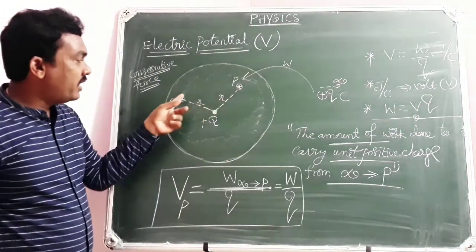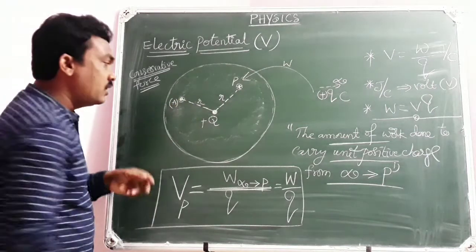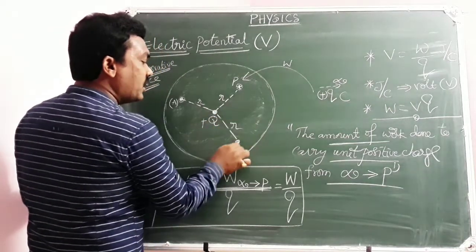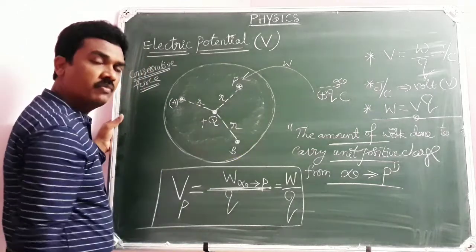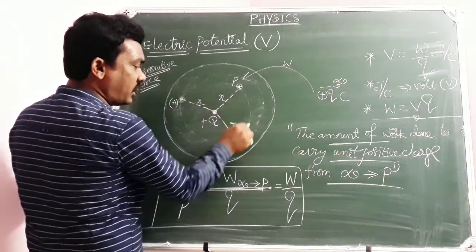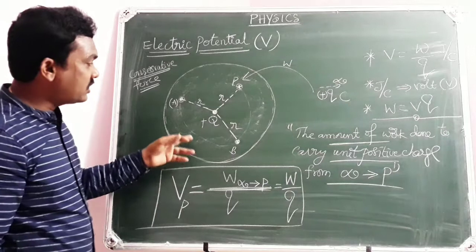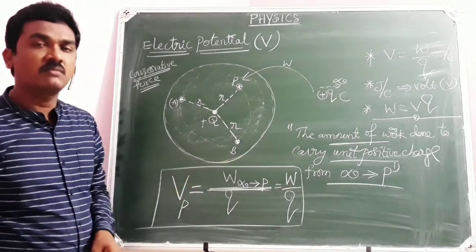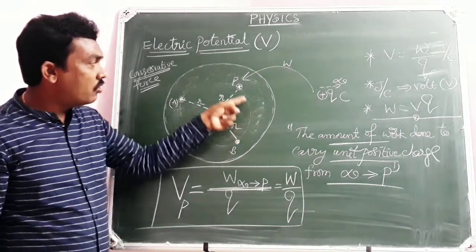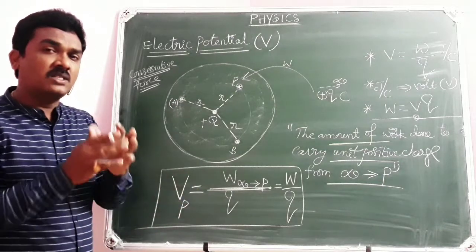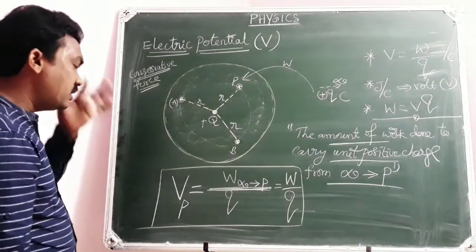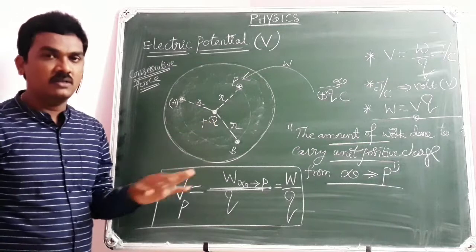So like P, if the point A is at the same distance from the source charge, and if the point B is at the same distance from the source charge, then the potential at P, A, B will be the same. If you join all these points which are equidistant from the source charge, the potentials will be the same. Then such a surface is called an equipotential surface. An imaginary surface obtained on joining all the locations which are at the same potential is called an equipotential surface.